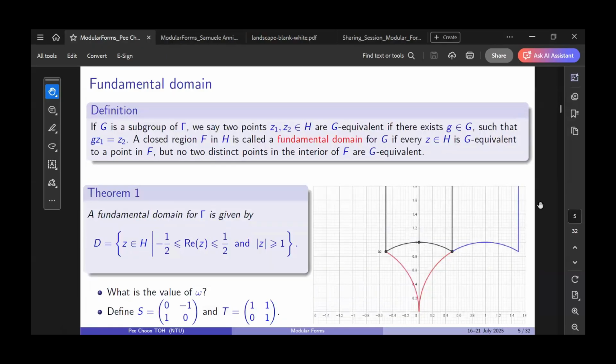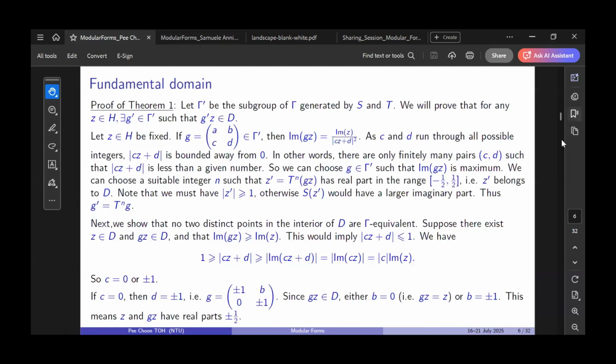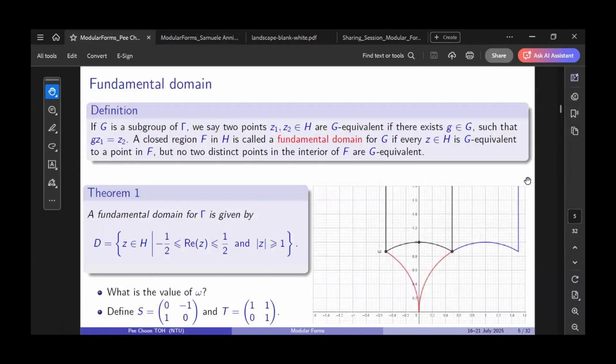Okay, so we have the fundamental domain here. I will not explain it in detail because it's very long. But basically,